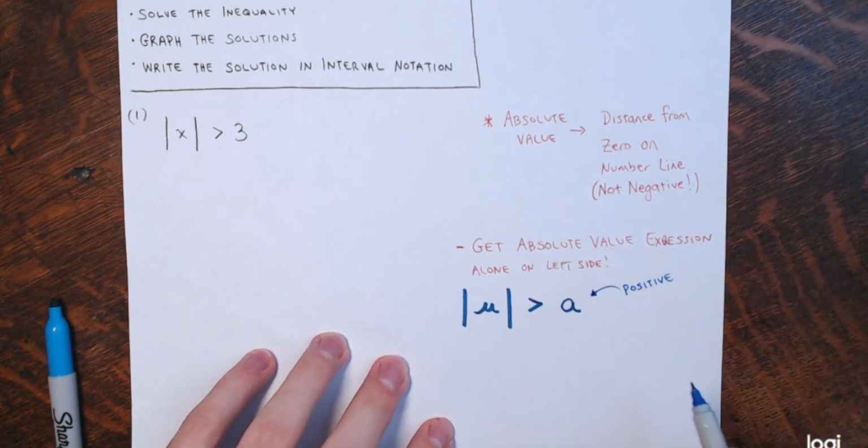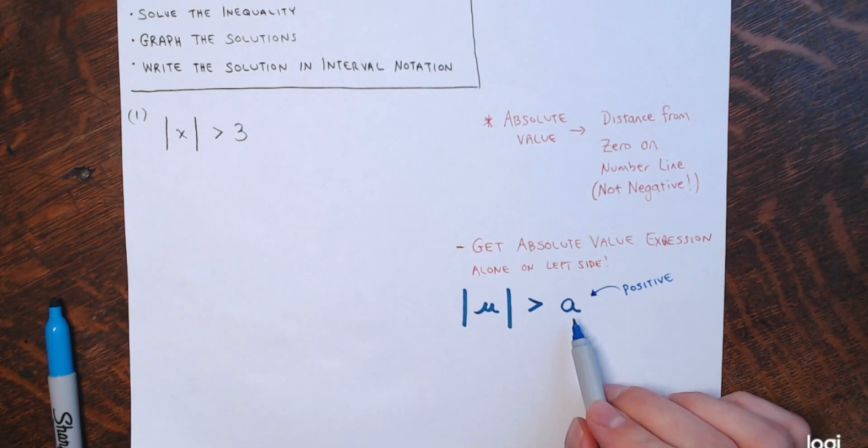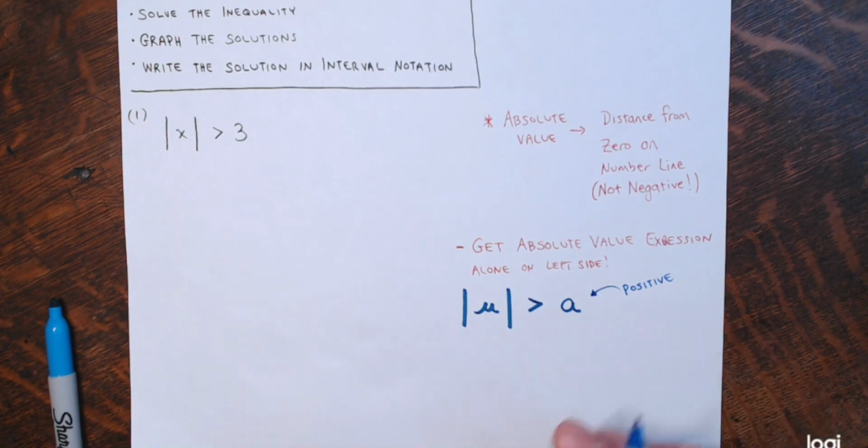All right, and I'll talk about what happens if this number on the other side is not positive. What if it's 0 or negative? What do we do then? I'll talk about that in a little bit. But if that's a positive number,